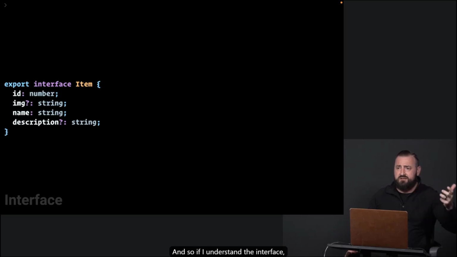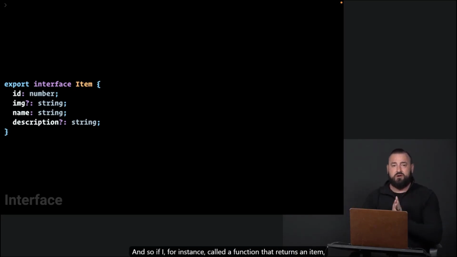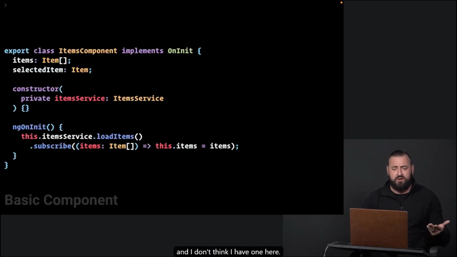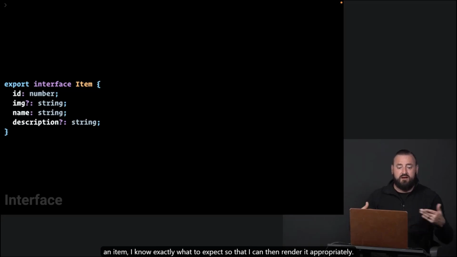And so if I understand the interface, then I can make some inferences about how this is going to behave. And so if I, for instance, call a function that returns an item, and I don't think I have one here, but I could have a function that says get current item, and I see that it returns an item, I know exactly what to expect so that I can then render it appropriately.